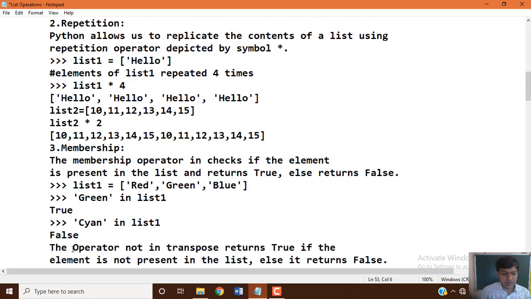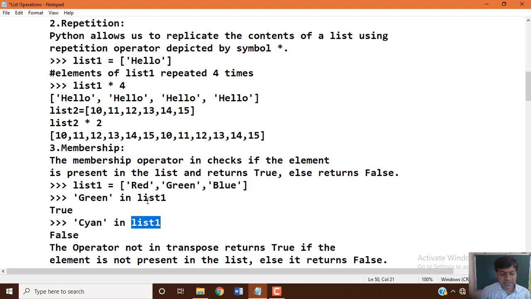In the same manner, another color which we are checking with that list: cyan in list 1. We check that list's available data items, all the items. If it is not available, then we will get False. So here, the cyan color which we want to check within the list is available or not, then we check it.